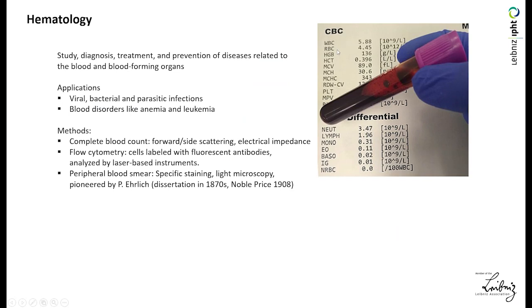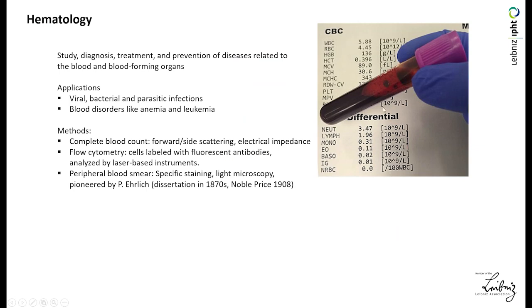It is evident that the red blood cells are 3 orders of magnitude more abundant than the white blood cells. These numbers are per liter, so that means in 1 milliliter there are around 1 million white blood cells and 1 billion red blood cells. And then you get further information about the differential